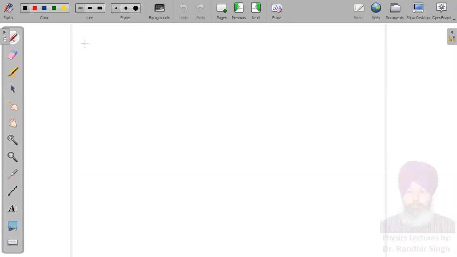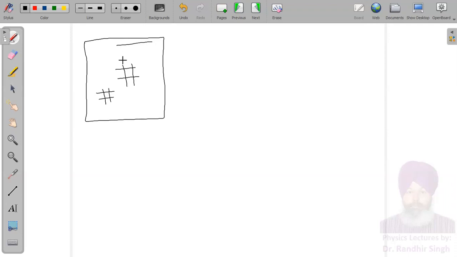You see, I have shown you at the last of my observation, when the observations were complete, I got a graph paper. On the graph paper, I got 3 sets of tangents. This one, this one, and this one. Here I had a circular spot, another circular spot was there, and another circular spot was there.